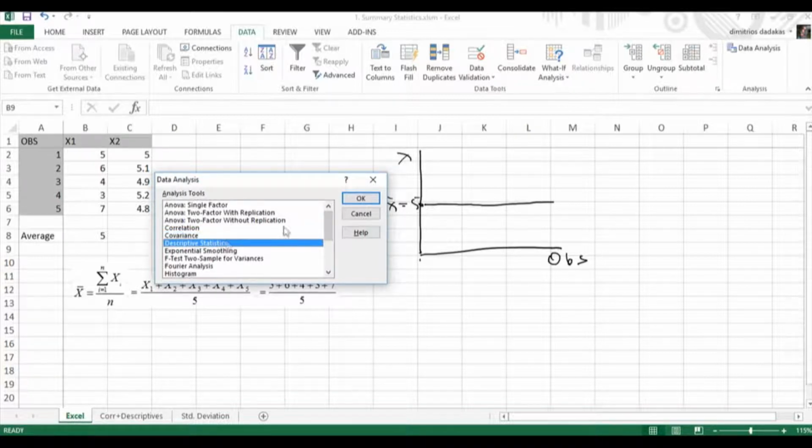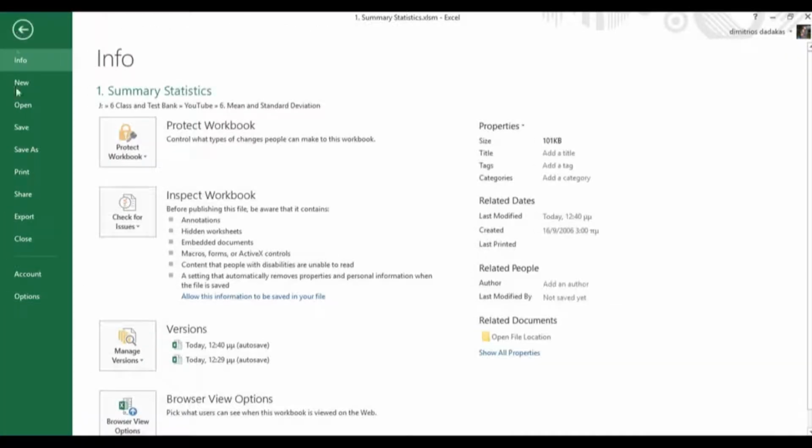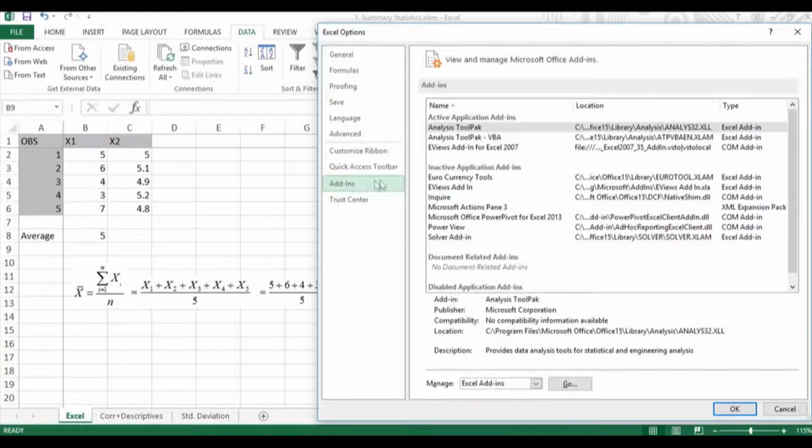Now, in order for you to have the Data Analysis option up in the Data tab, the first time that you're going to use the Data Analysis Toolpak, you're going to need to go to File, Options, and then you're going to go to Add-ins. So File, Options, Add-ins. And once you click Add-ins, you're going to see over here the Analysis Toolpak and the Analysis Toolpak VBA. If you click on the Analysis Toolpak and click on Go,